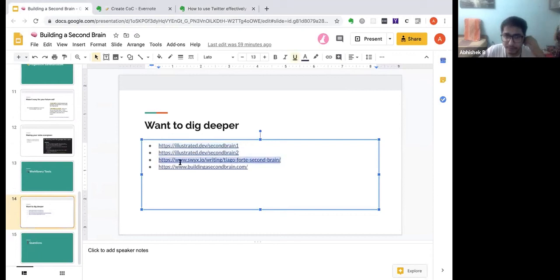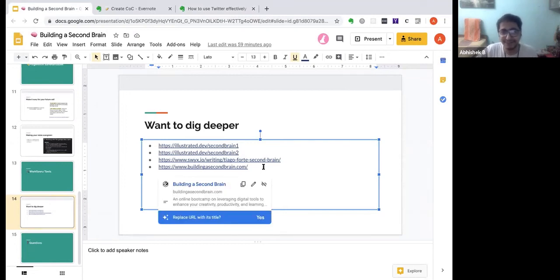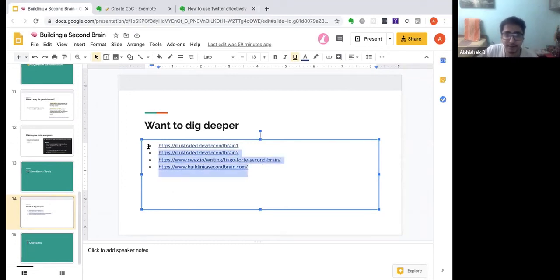Then there is this summary of sorts. Again, this guy is a developer, but he did Tiago's course, and he wrote a really nice summary of it. And obviously, if you have the money, you can always go for the real deal. So I'll share this in the chat, and especially the illustrations are really good.